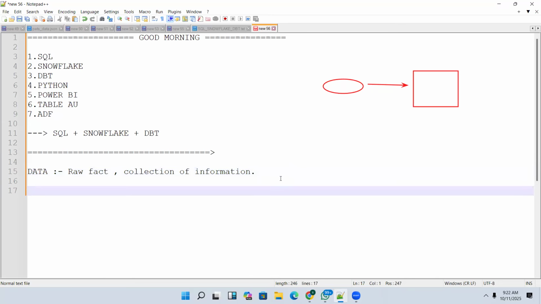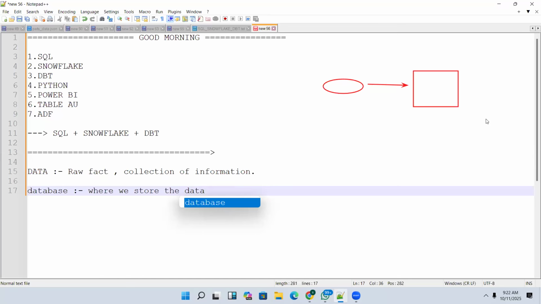The place where we store the data is called a database. In simple words, a database is where we store the data. See guys, every business is generating data, and whatever data is generated, we need to store it somewhere.